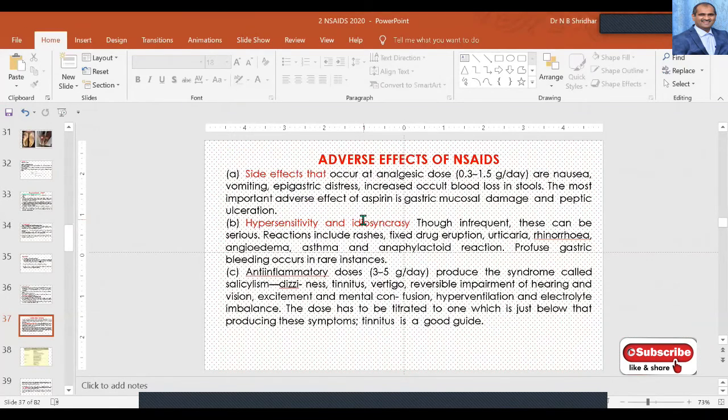Hypersensitivity and idiosyncrasy are very common clinical signs. Cats are also very commonly susceptible. Many times the owners themselves administer NSAIDs and come up with toxicity,